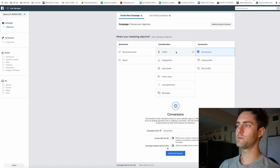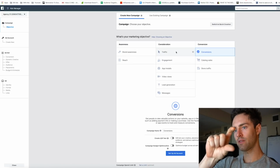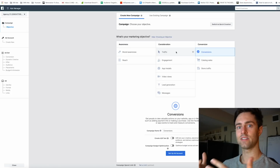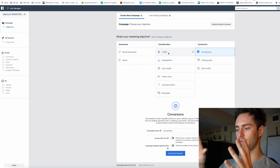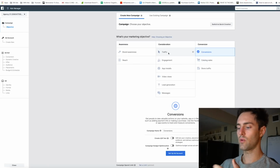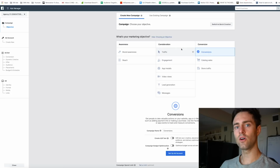And the reason why is because with conversions, we're going to be getting the cream of the crop audience that are likely to convert. And then with the traffic campaign, a completely separate campaign, we're then going to be telling Facebook, hey, we like all these people that came to the website. Now we want to get all the people back that are likely to convert and also likely to click again. And so this is a really easy way to get sales and also to have really low CPMs by using a traffic campaign. So by using these two strategies, it's really effective and something I've been using for a very